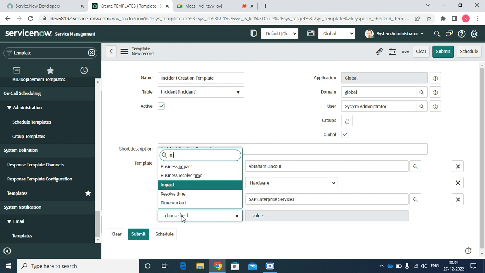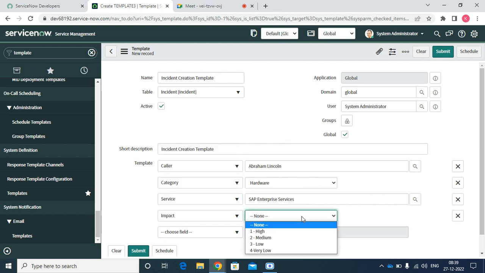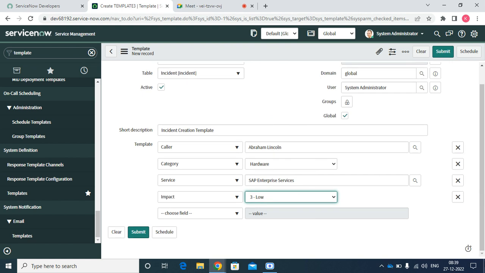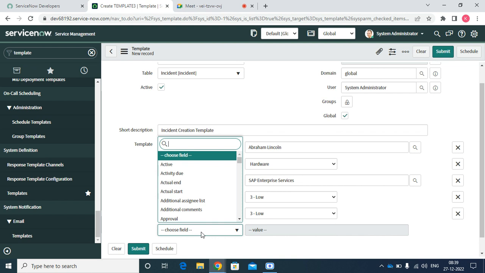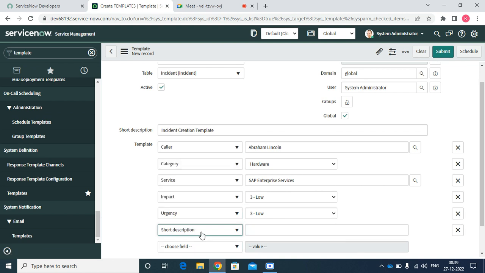impact. Impact, it should say the scheduled one. I'm giving it as low, and urgency, low. Next, impact and urgency are everything fine, and I'm just making the short description as daily schedule. So this is the one, and